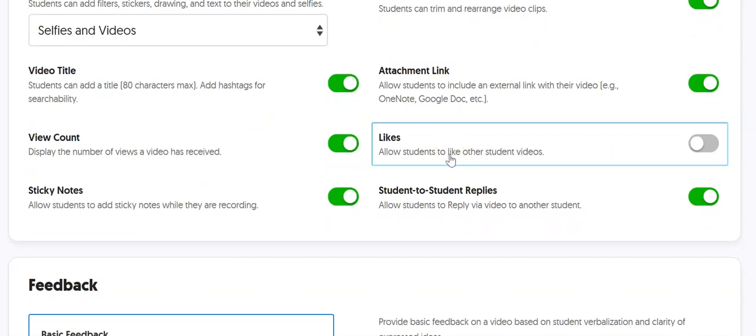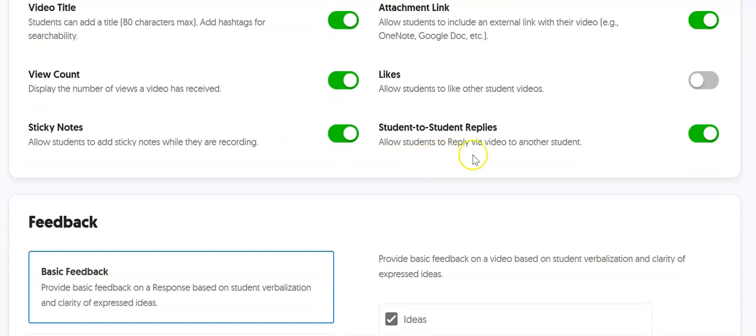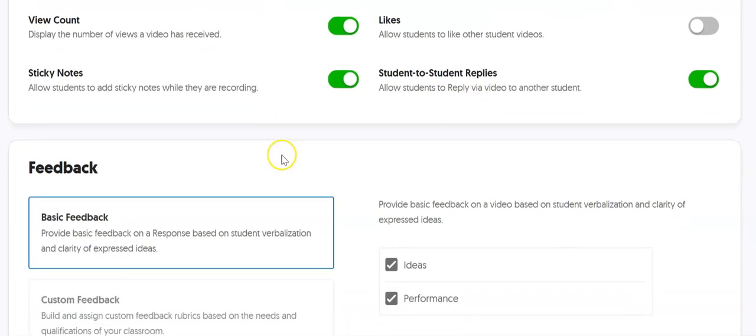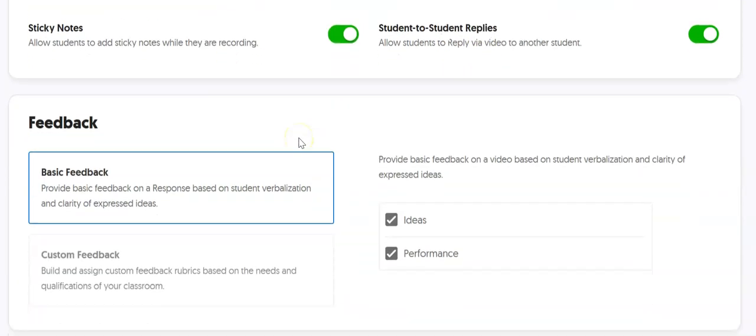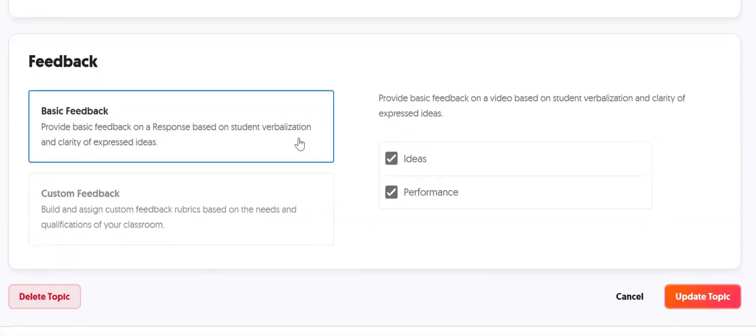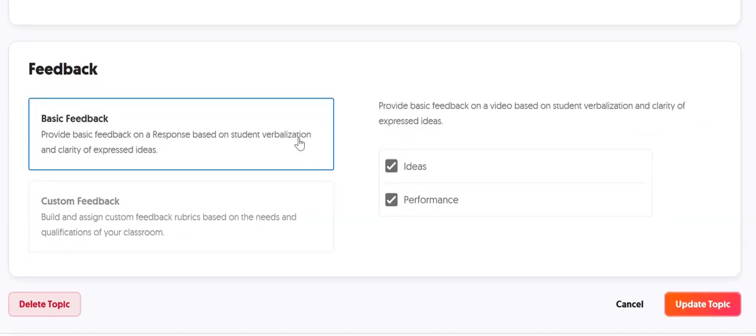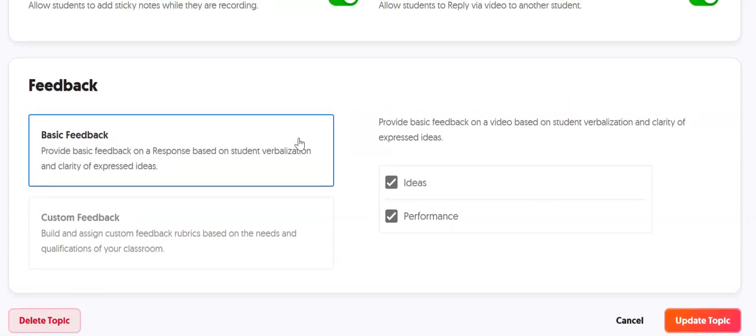One thing I know that students like is if they're able to like it, especially when one student can respond to another, they're able to like it or not. You can turn all of these things on or off. You can allow students to reply to one another. You can allow students to post sticky notes. There's just a huge variety of options that after your topic is created or while you're creating it, you can